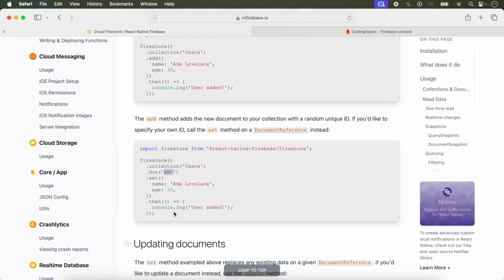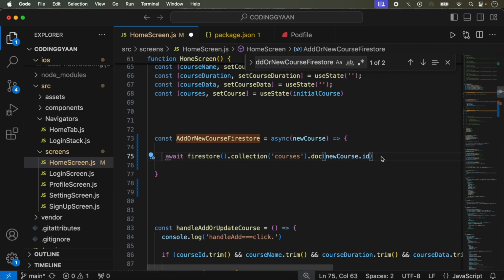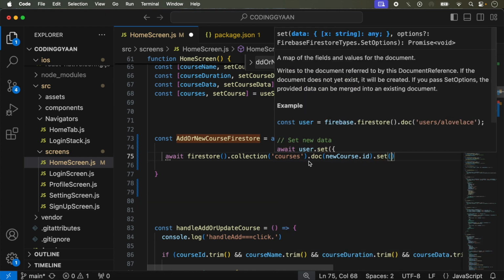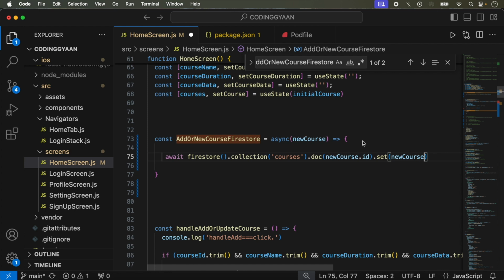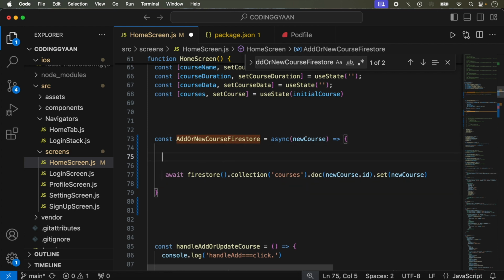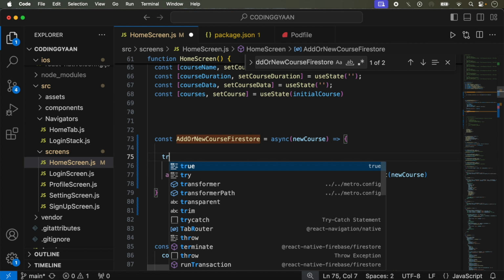In our example the doc name is abc, so we are using this. And again we need to add set. In the set we actually add a new object. The new object is the new course, so we just add it here. You can also use try and catch here if you want,